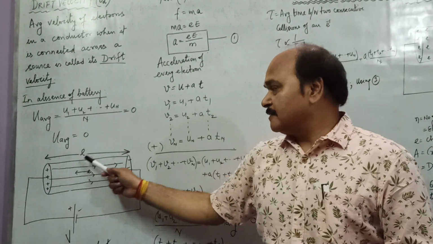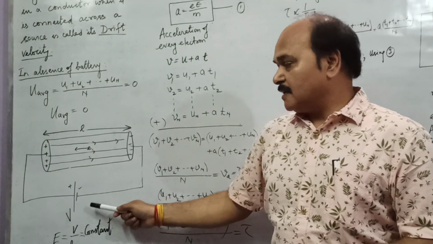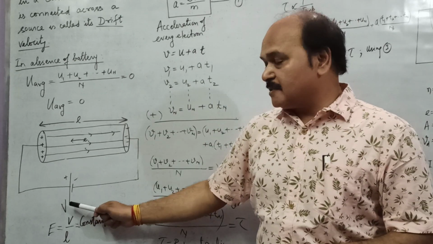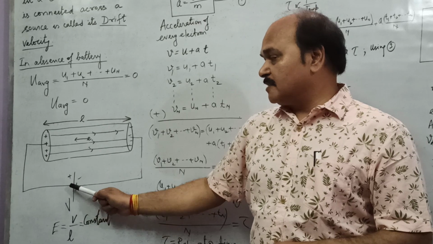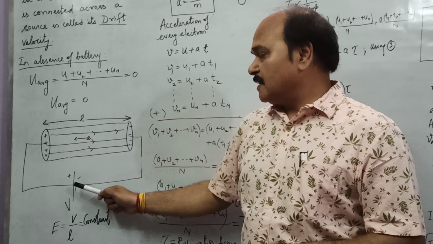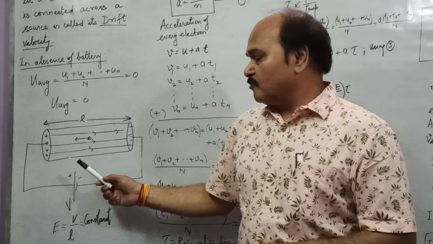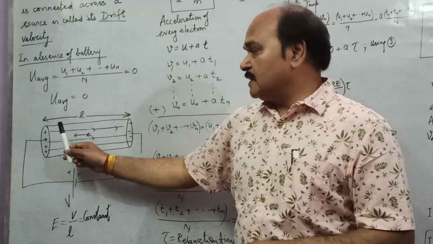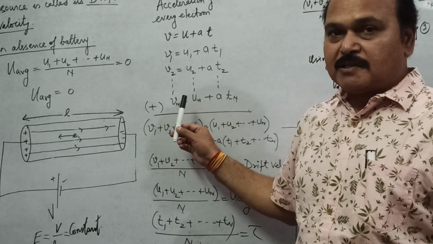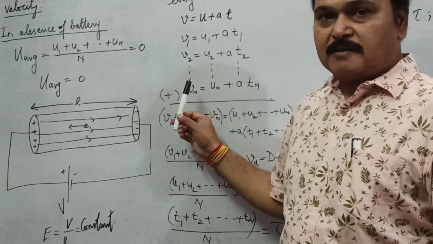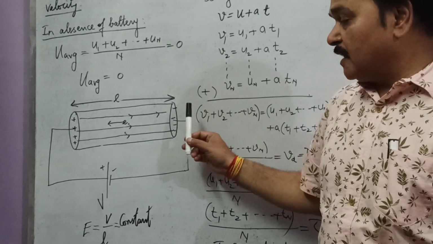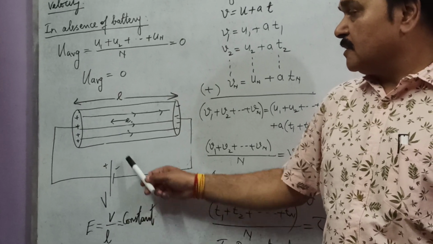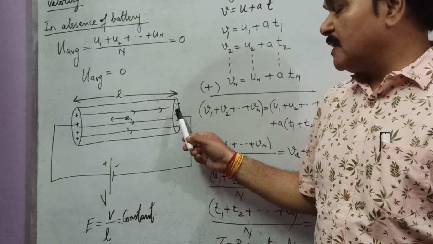This is the diagram of a conductor connected across a battery. The potential difference across the terminals of the battery is V. This is the positive electrode, and this is the negative electrode. So what happens because of this positive end and negative end? An electric field is set up in the wire from left to right, and that electric field is constant, and its value is the potential difference across the ends upon the length of the conductor,